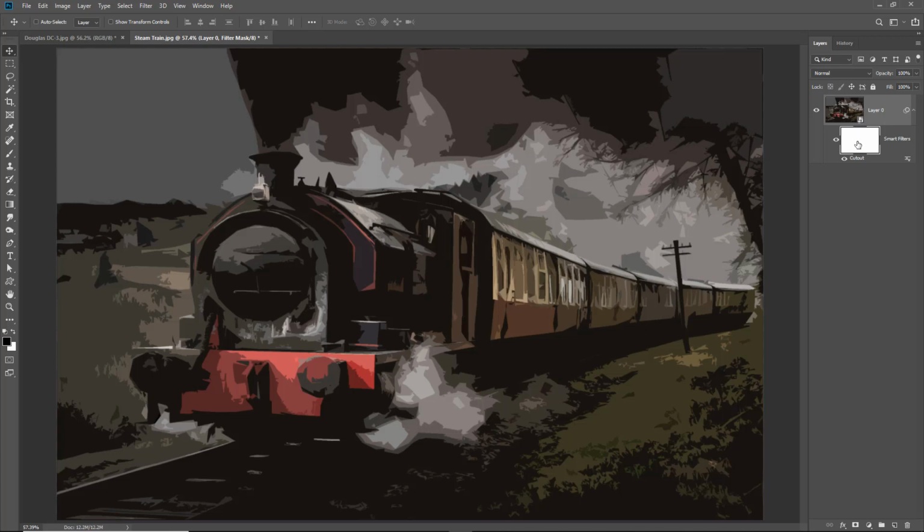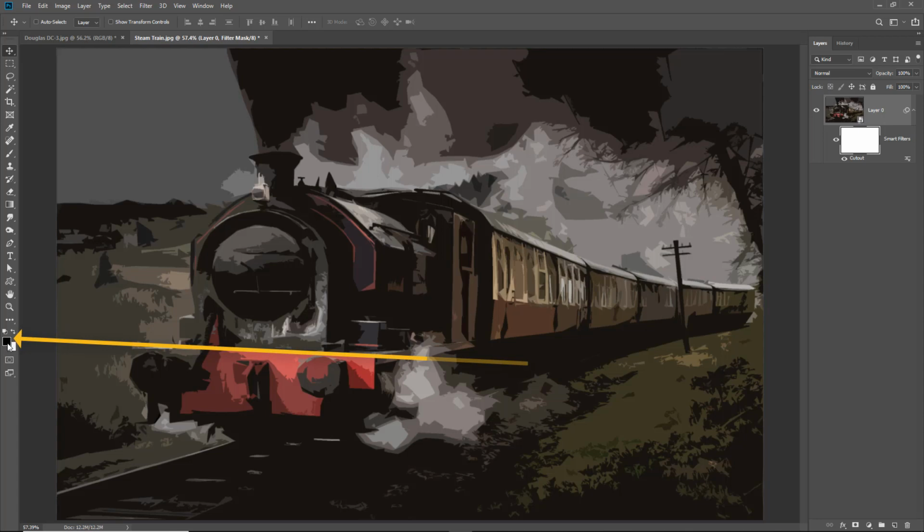The mask is very valuable, particularly when we add filter effects to pictures that contain people and faces, because faces can be a little distorted with filter effects, so sometimes we need to use the mask to bring back some of the detail of the photo quality image which is still lying beneath our filter here because we've used a smart filter. If I wanted to bring back a little detail in the carriages, for example, I can select black